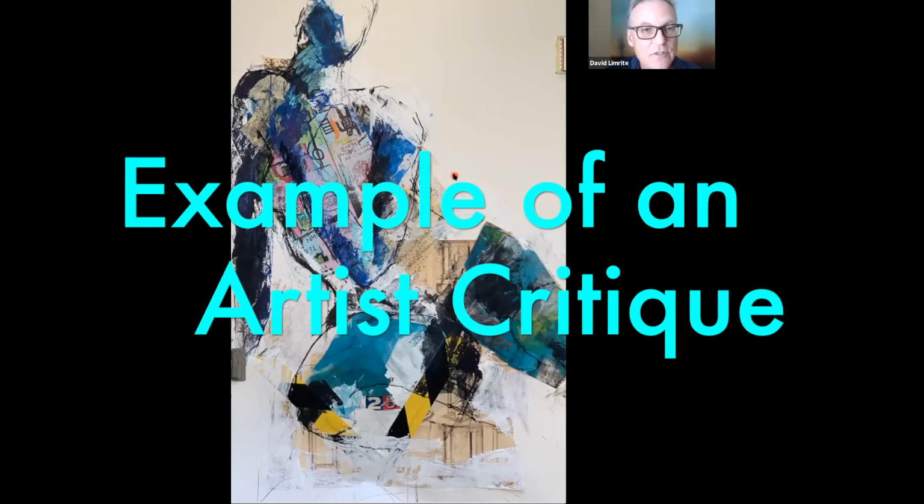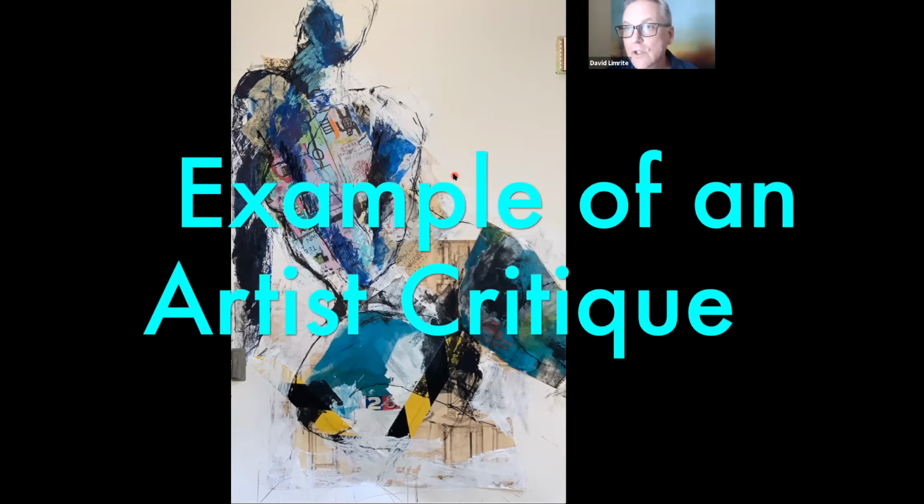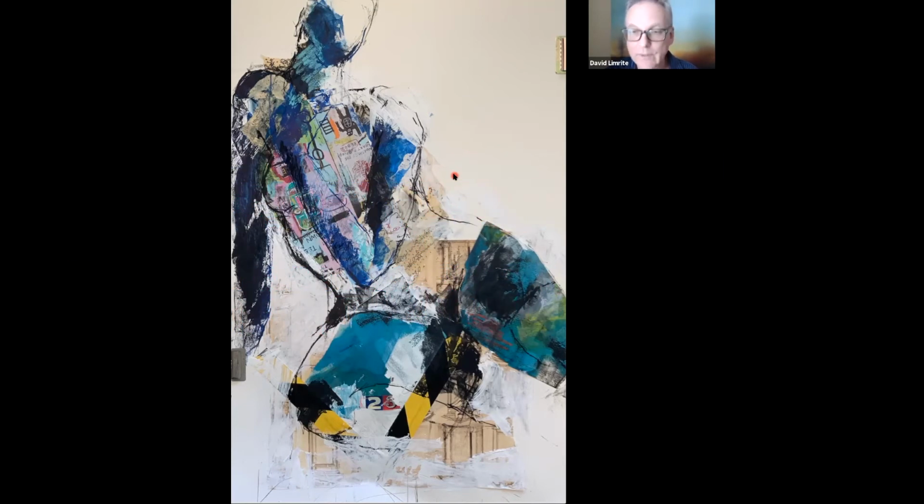I always like to start with some things that I feel are working first, and then we can talk about some things that may need some improvement or some suggestions. I think one of the things that's working really well for me on this piece is the placement